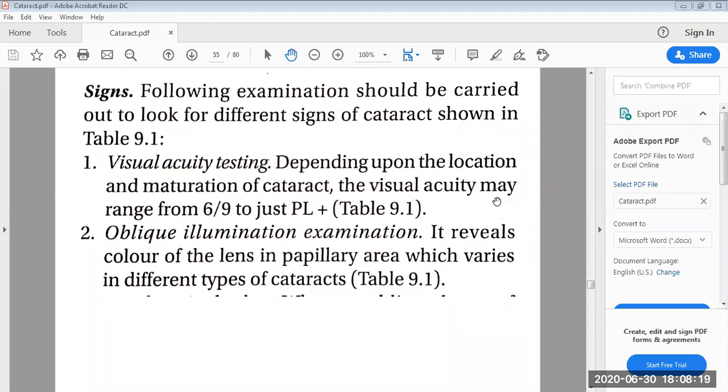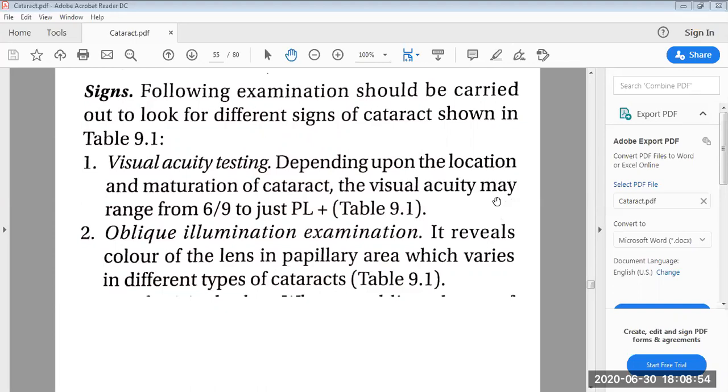In this session, we'll discuss the rest part of the senile cataract. In the previous session, we have discussed the senile cataract, the etiology, the factors affecting the age of onset, type and maturation of senile cataract, the causes of pre-senile cataract, the mechanism of loss of transparency, the stages of maturation of the cortical type of senile cataract and the nuclear type of senile cataract. Then we have discussed the symptoms of the senile cataract. Now we will discuss the signs of the senile cataract.